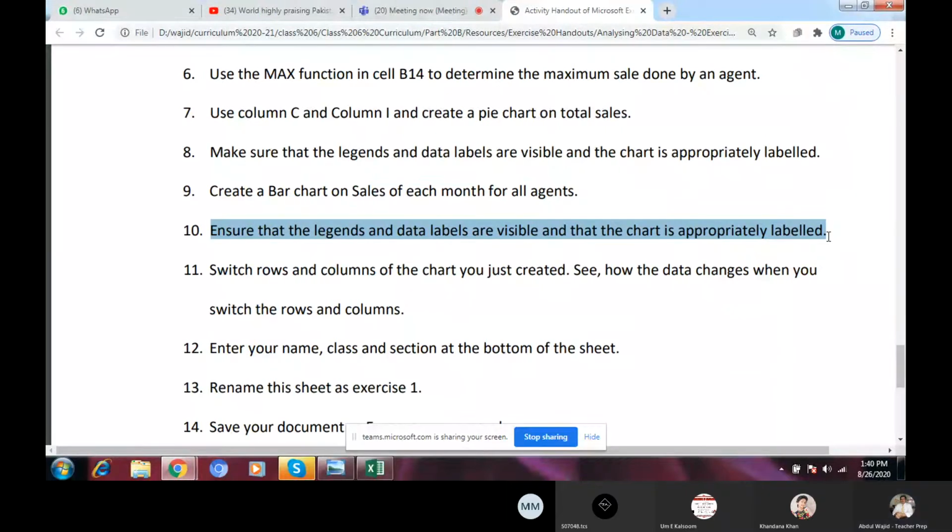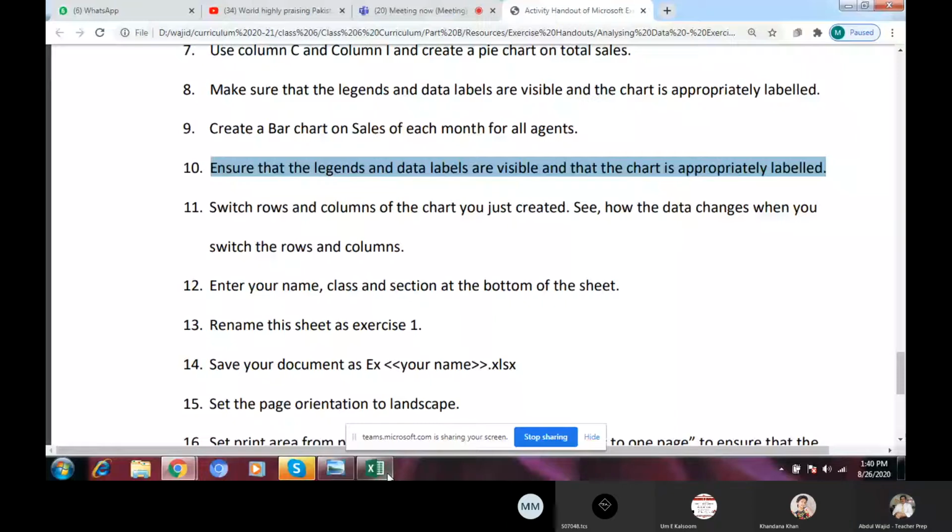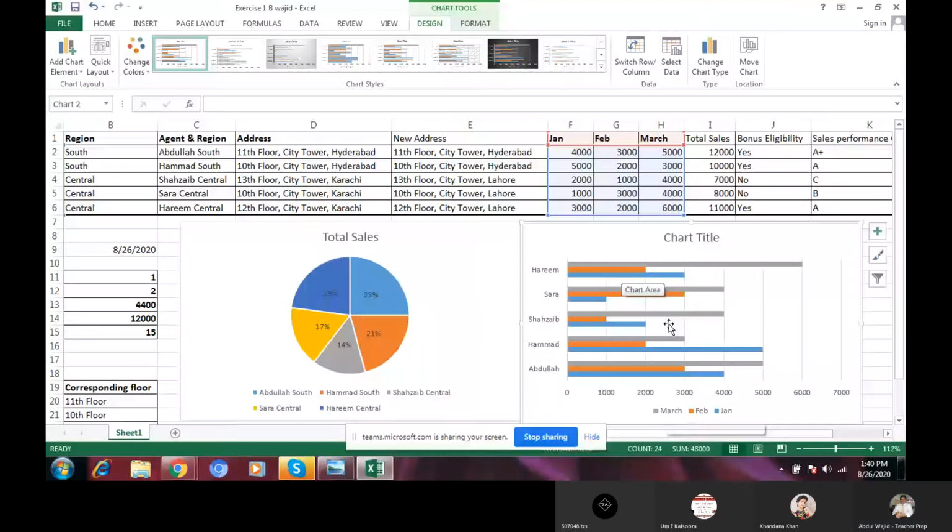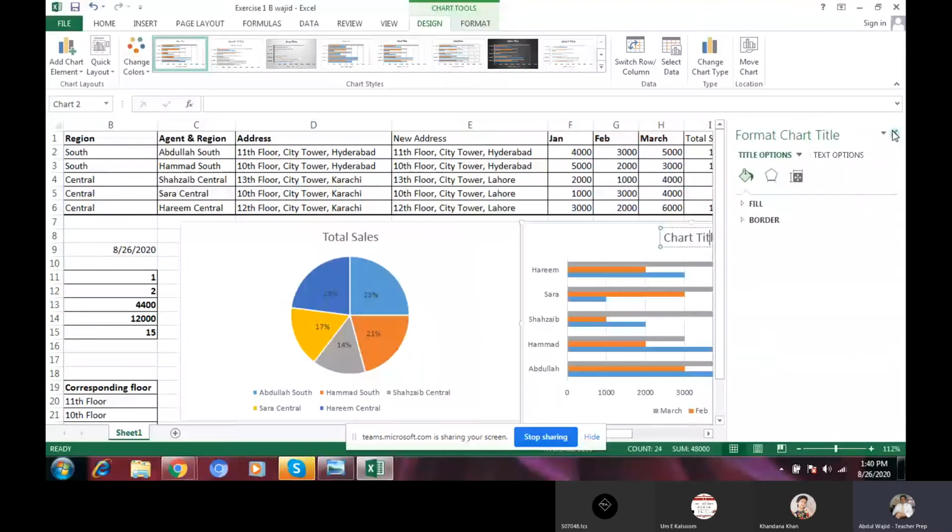Again. Okay, now yes, this was visible here. Now this one also. Okay, if you want to give this chart a name, you want to change it, you can. Okay, you delete that one.